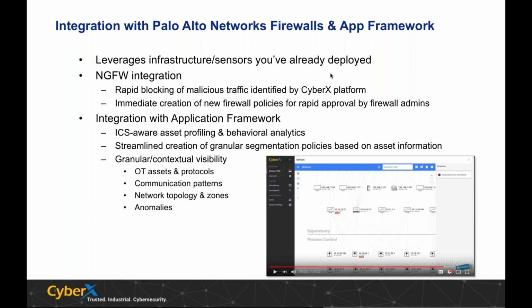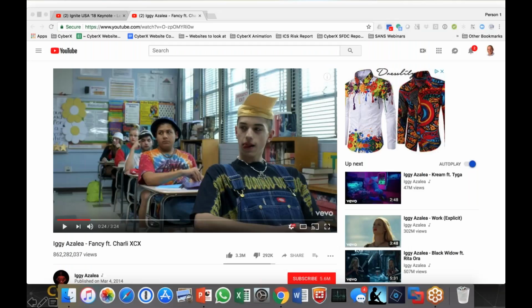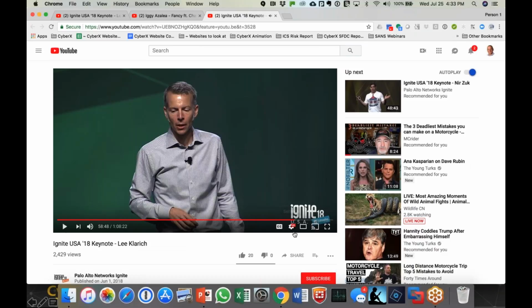You're using Palo Alto Network firewalls as sensors to pull data from the traffic, bring it up into the cloud, at which point our application analyzes the traffic, tells you what assets you have, builds a map like the one you see here. And I'll just quickly run that demo. It's on our website if you want to see it. From Palo Alto's